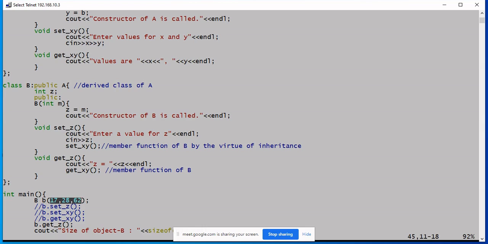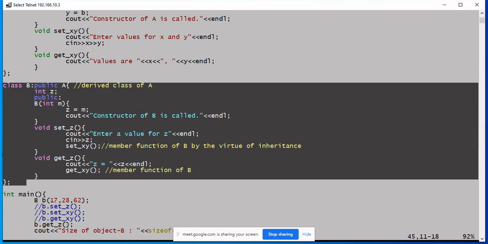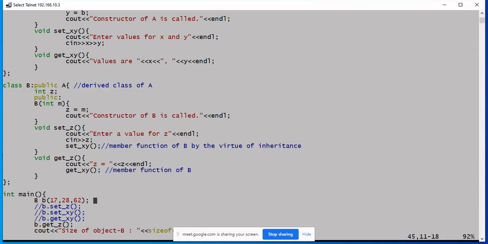So these can be stored in 3 integer locations. But with this code, is it possible? No, ma'am, because there is no matching for that call. I mean, the function call that you have made.